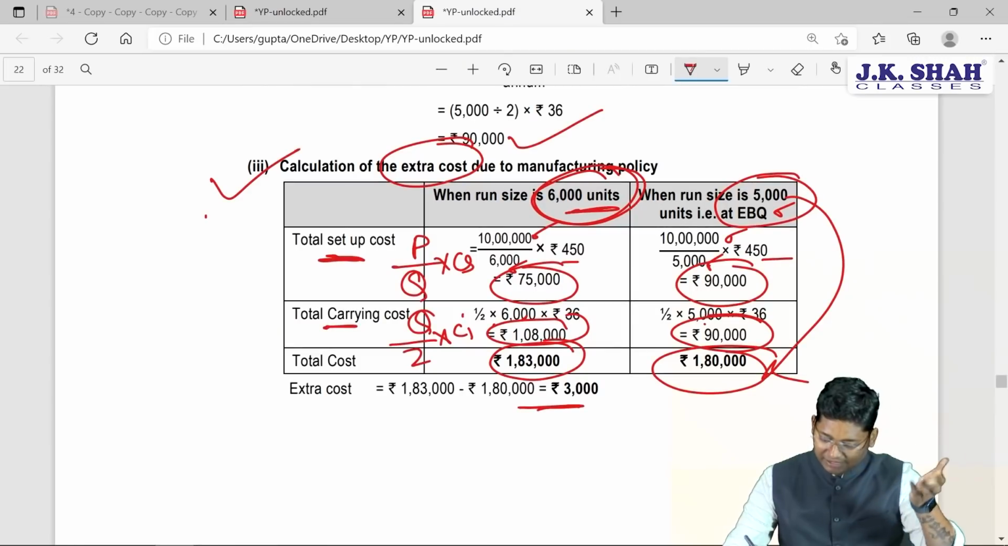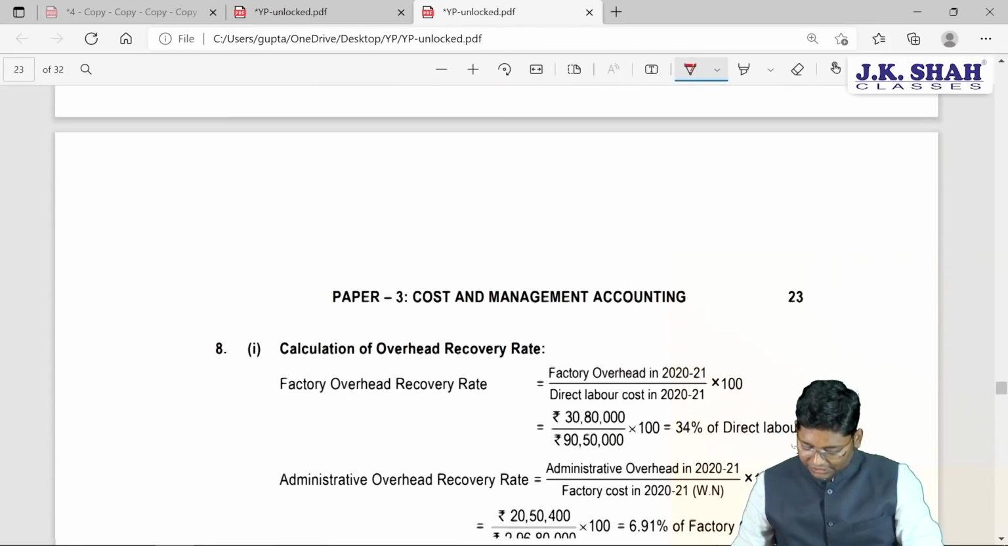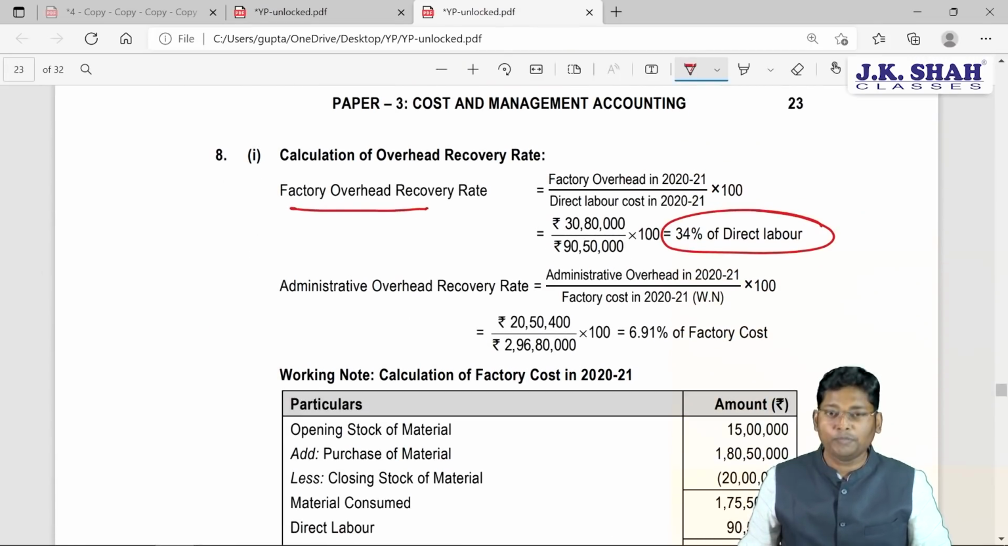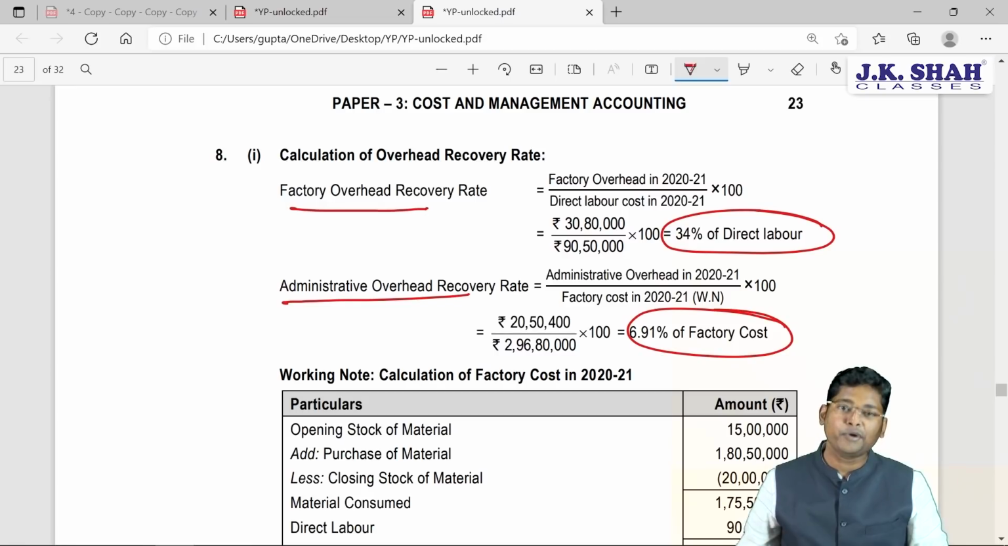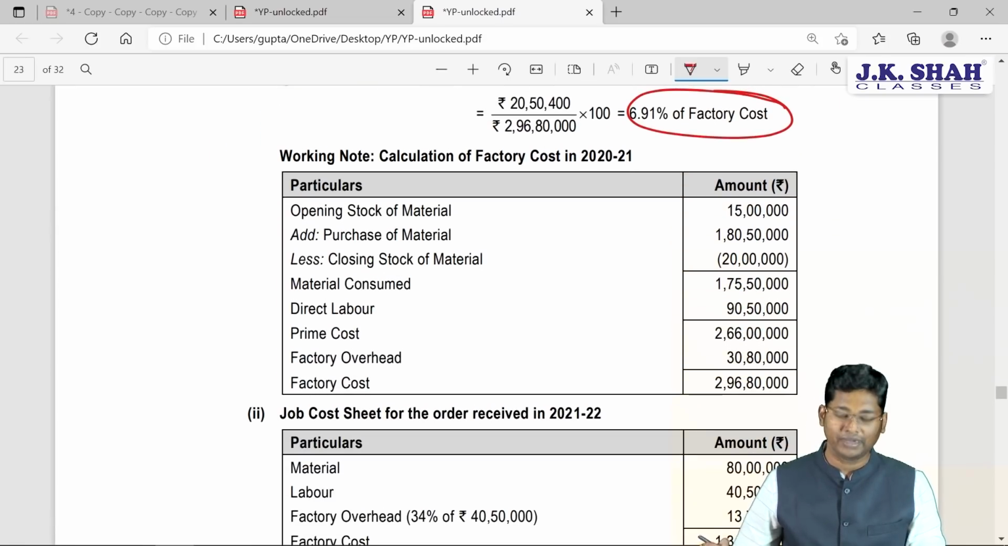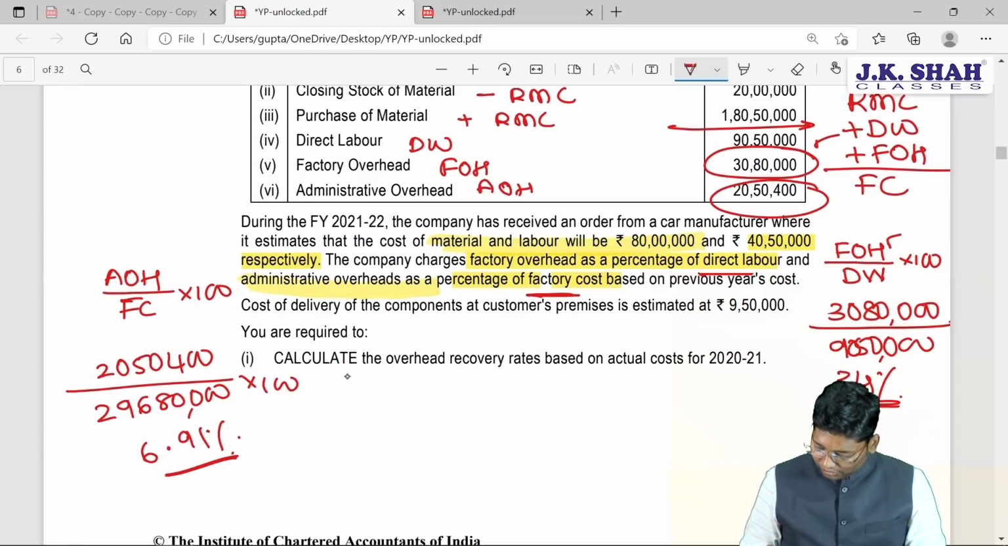If you check the given solution by the institute, they have computed first the factory overhead recovery rate, which is 34% of labor. The same thing we have done. And the administration overhead recovery rate is computed as 6.91% of factory cost. They have shown the factory cost calculation separately. Now as far as this particular job is concerned,